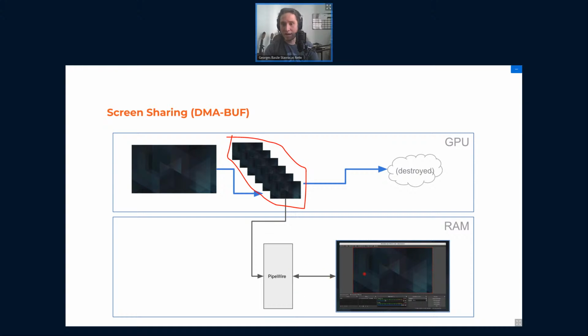PipeWire gives this FD to the application, which can then create an EGL texture on top of it and render it without downloading the texture. These buffers are only destroyed by the end of the stream, so they are reused while streaming, which makes up for very consistent smoothness on the streaming side.